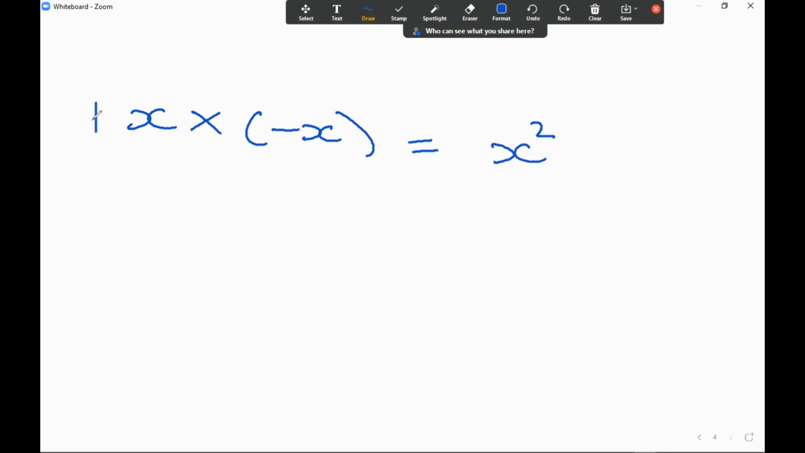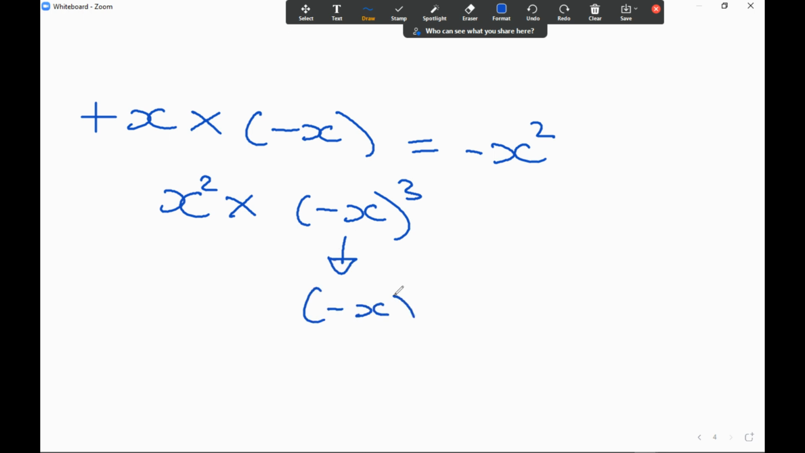And then we've got a positive times a negative. What's a positive times a negative? Negative. If I've got x to the power 2 multiplied by negative x to the power 3, I first have to work this one out here. This is the same as saying negative x times itself 3 times. 2 negatives make a positive, 3 negatives make a negative, 4 negatives make a positive, 5 negatives make a negative. So if you have an odd number of negatives, you're going to end up with a negative answer,